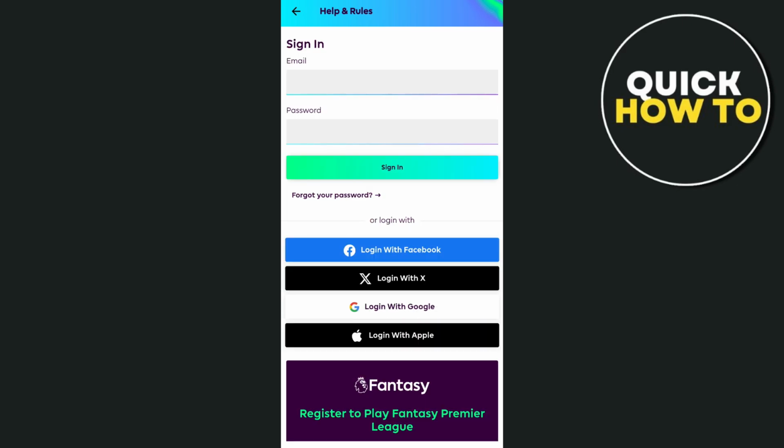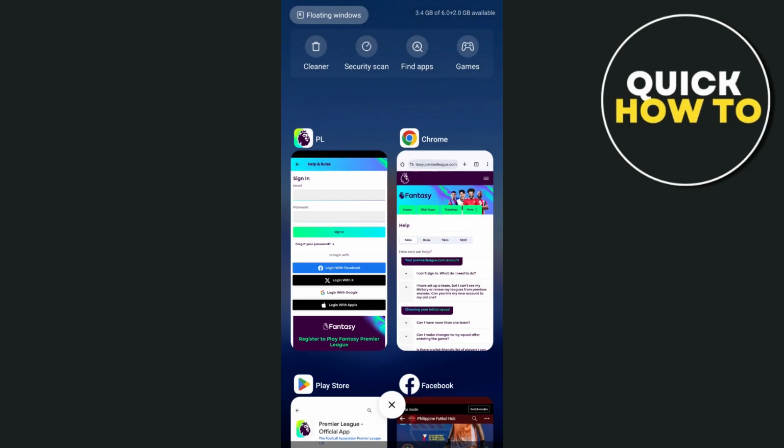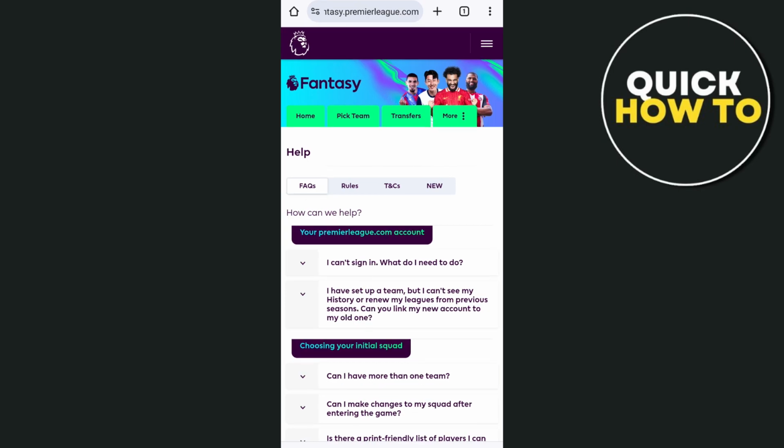So when you tap on the team details, you'll be directed here where you need to sign in with your email and password. Now on the other side, if you're using the website, you just need to go to fantasy.premierleague.com and